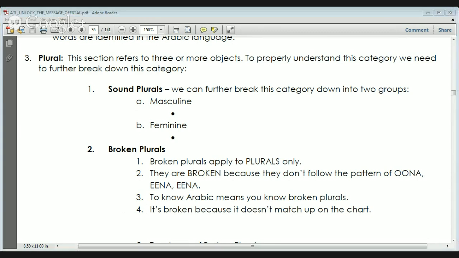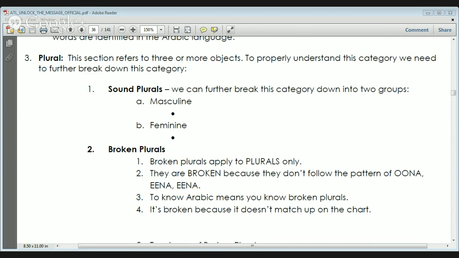Well, this chart is the ism chart, meaning any ism you can put on it and it'll follow this order. So any singular ism, for example, kitab, kitabun, kitaban, kitabin. How do I make it two? Kitabani, kitabaini. Now, plural is a different story. For some words, there won't be plural. For example, how do you say prophet? There's two words for prophet in Arabic, right?